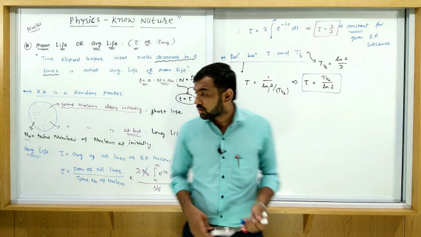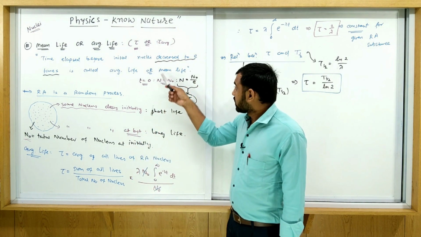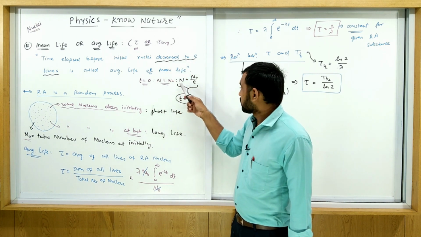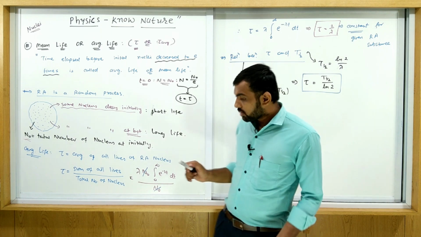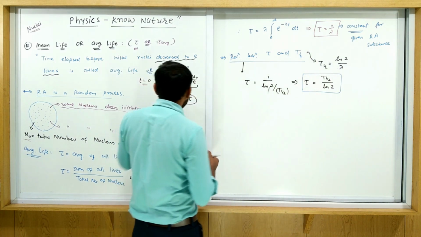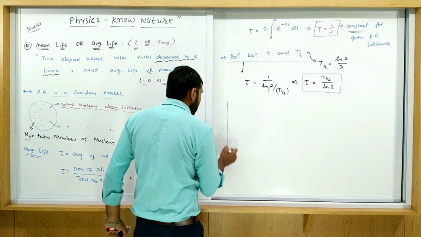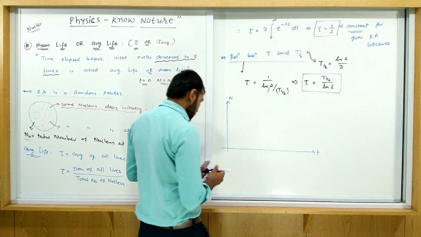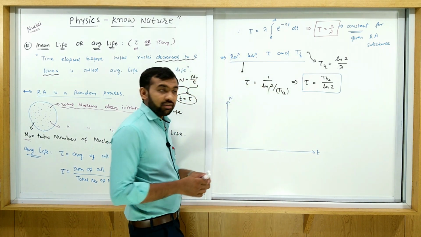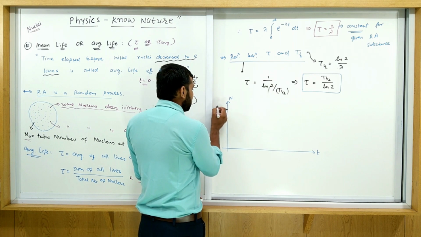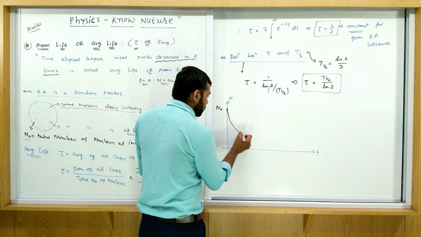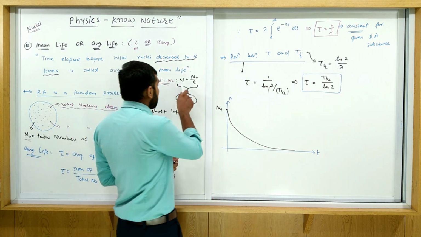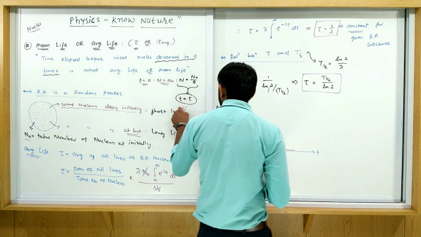Now here I am giving this definition also. It is the time to decrease by E times. So t is the time when n is equal to n0 upon E. You must remember this. Then you can draw your graph here, as we drew first, n versus t. We already drew this graph in the half life topic. So let's consider this is n0. This graph is exponential like this. When this much time passes, t is equal to tau.